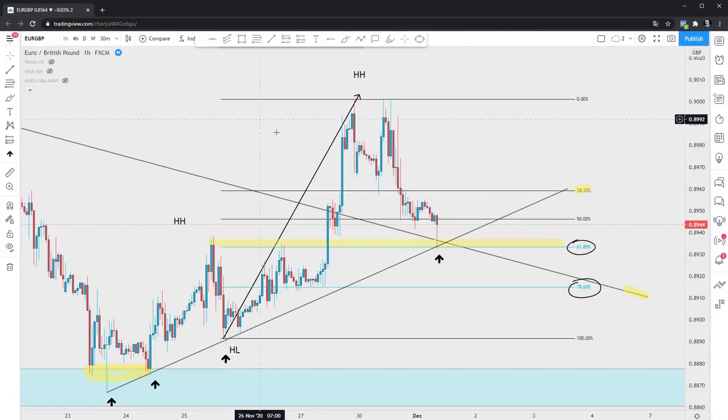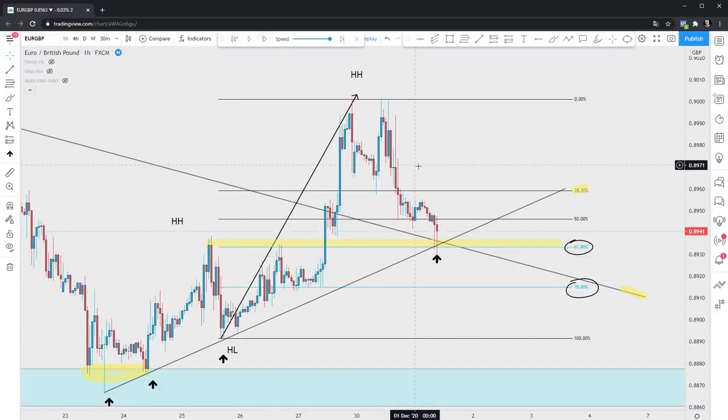We don't want to blindly just enter on the rejection, right? We always need some bullish pressure in this case to confirm the trade. So let's go candle by candle and let's see what happens. Okay, so we made another retest. This is even stronger, so our confirmation is even stronger after the wick retest,